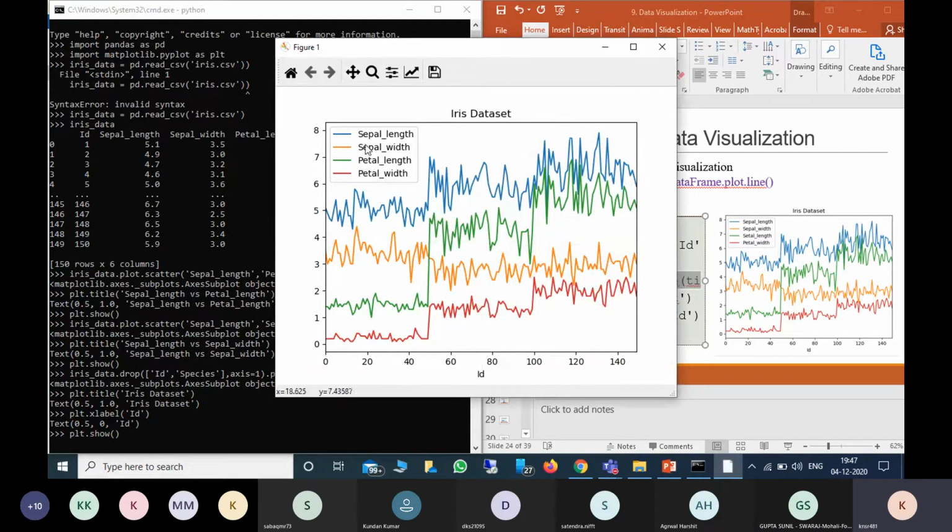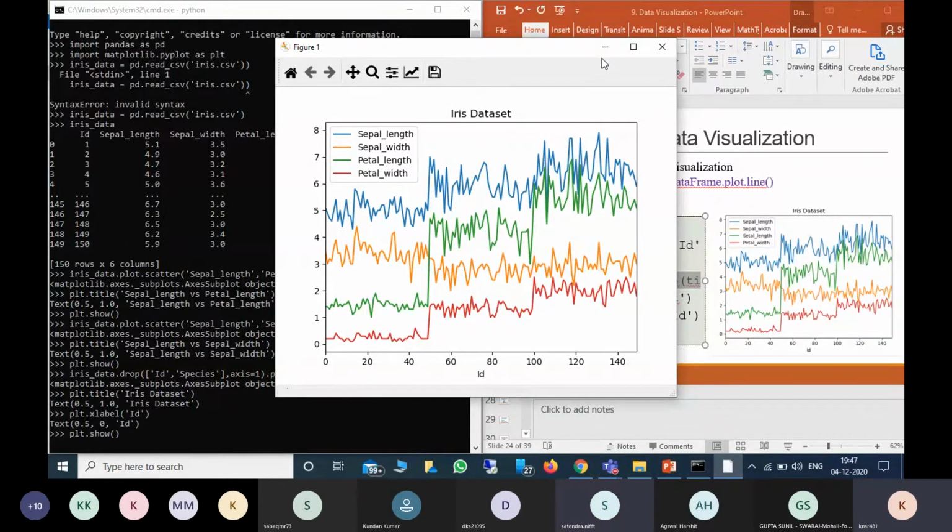This is ID, then this blue color line is sepal length. This orange one is sepal width. This is petal length. If you see, there is a sudden jump from here, and again here there is a sudden jump. In petal width also, there is a sudden jump from here, and then another. This is for one type of species, this is another type of species, and this is for another type of species. In this way we can represent the complete data set. Even if there are 10 columns, we can represent them at a time.